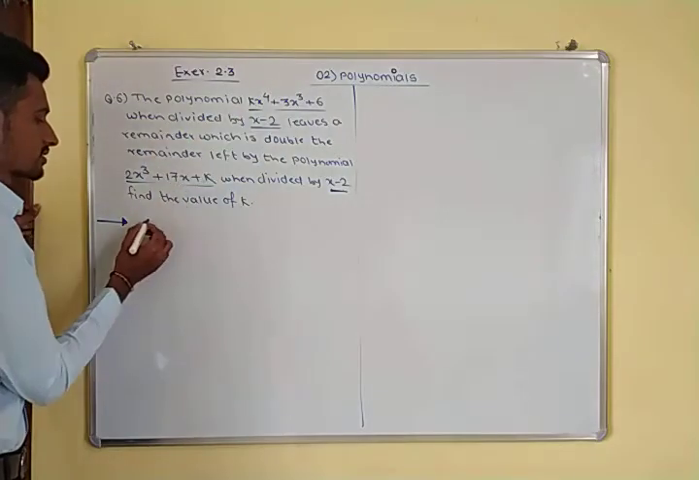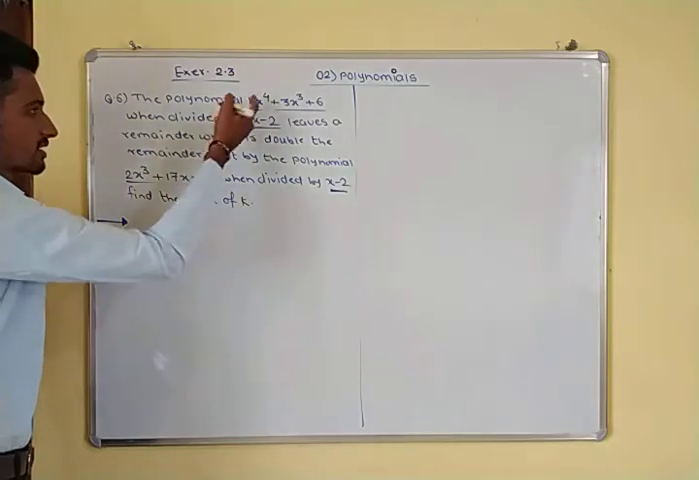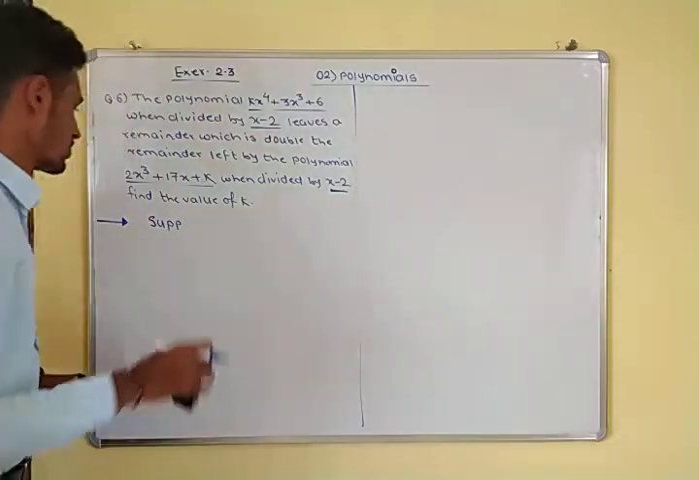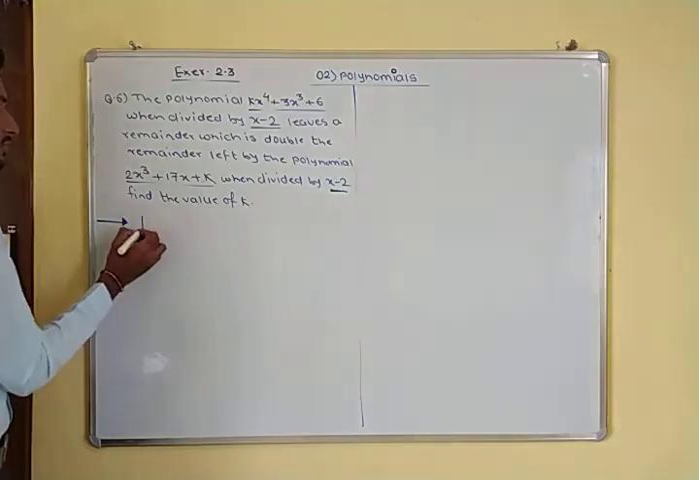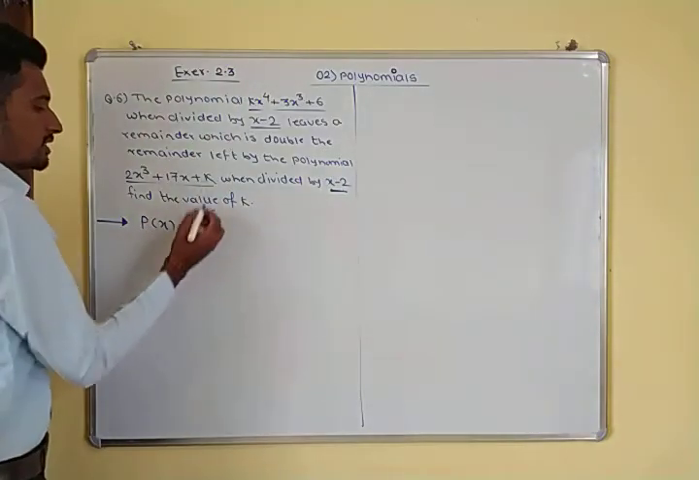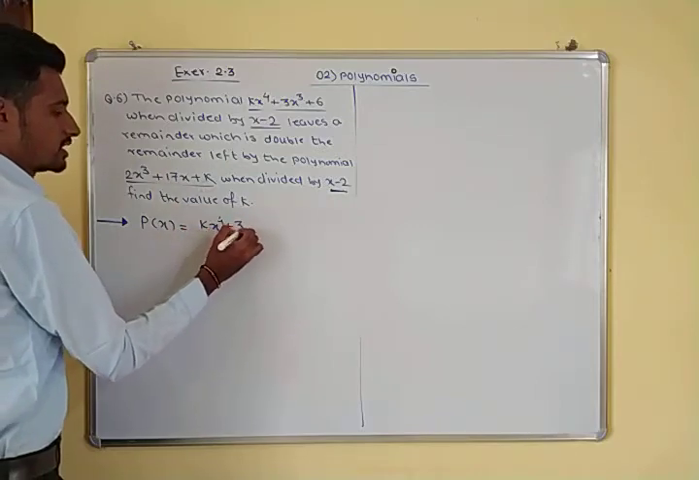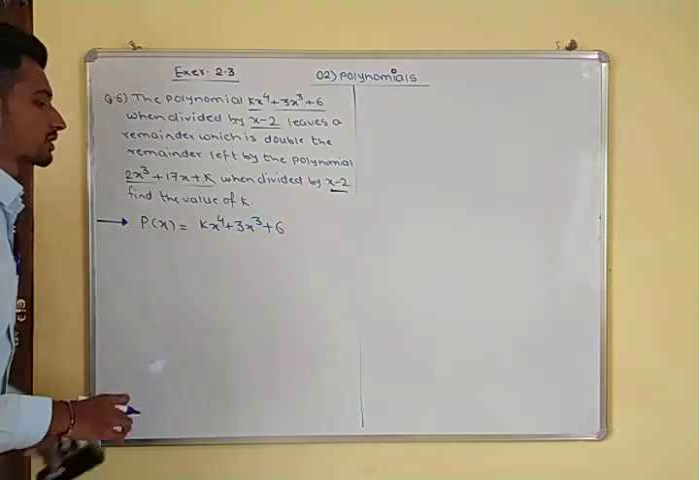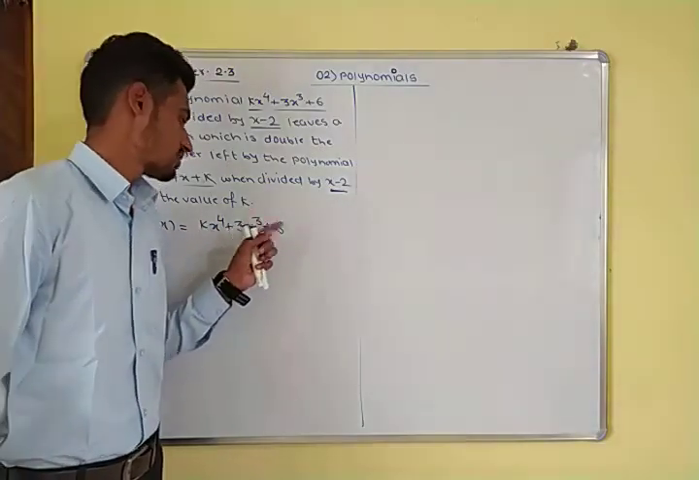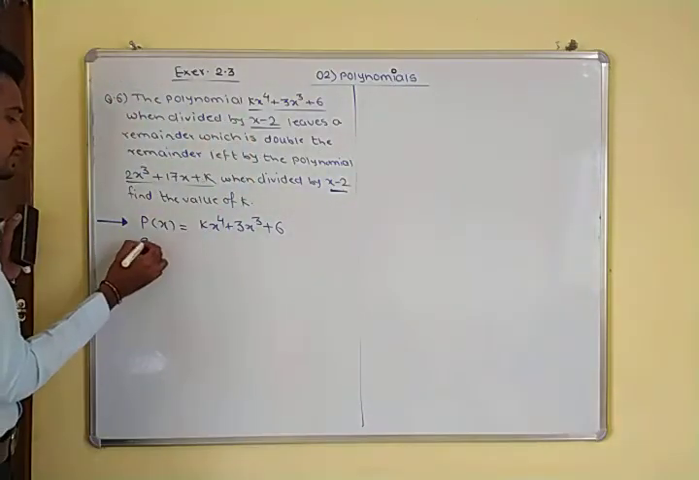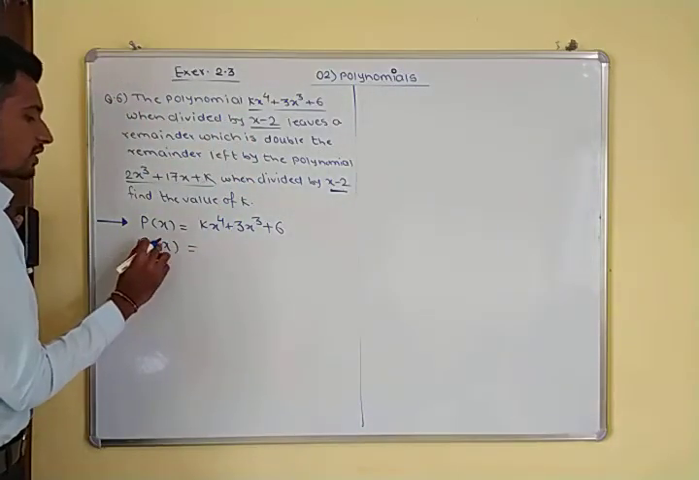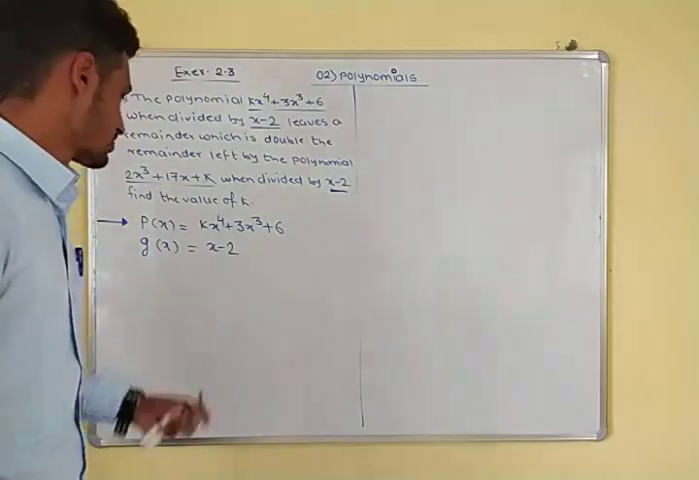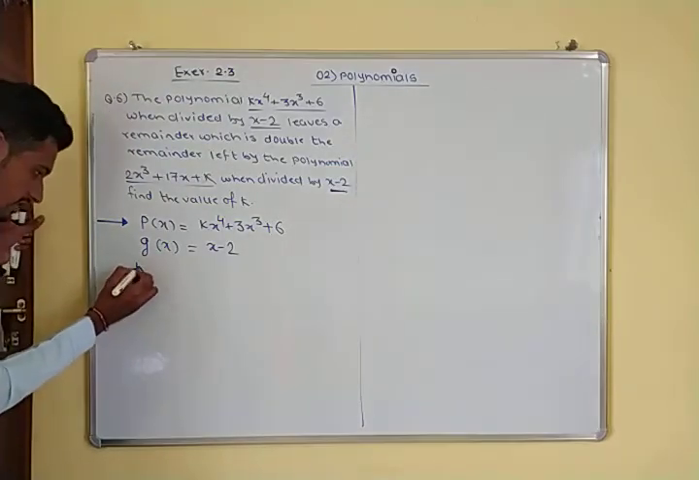So first of all write down here the first polynomial. Suppose p of x is equal to kx to the power 4 plus 3x to the power 3 plus 6, and the divisor is denoted by g of x. So the value of g of x is x minus 2. So by using remainder theorem,